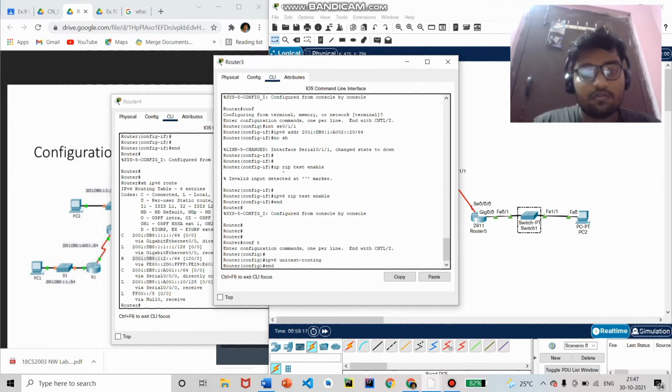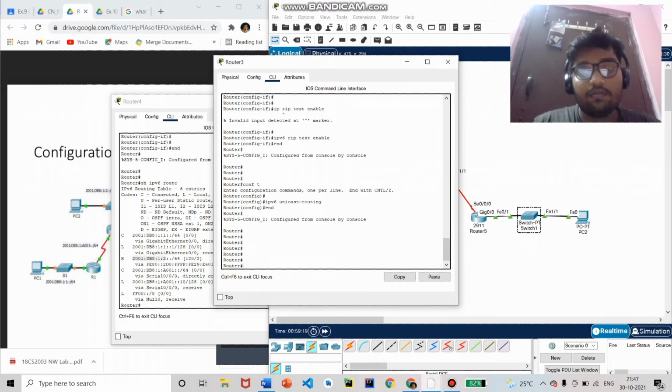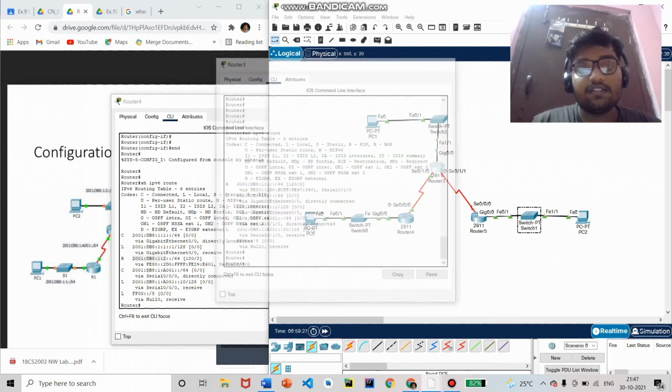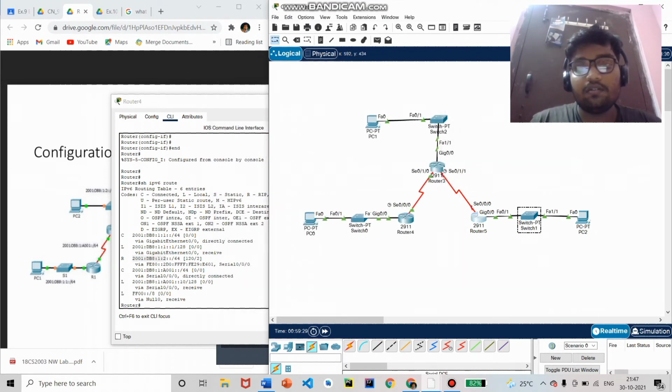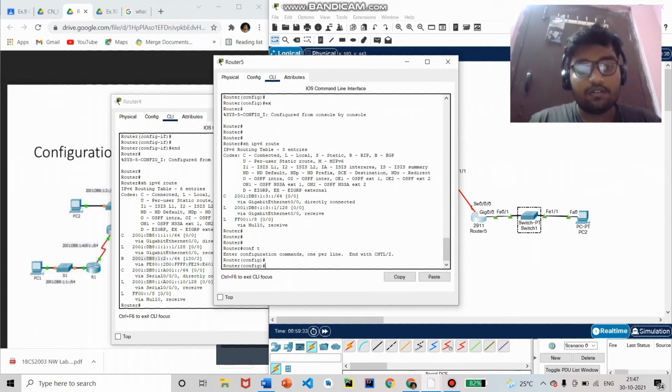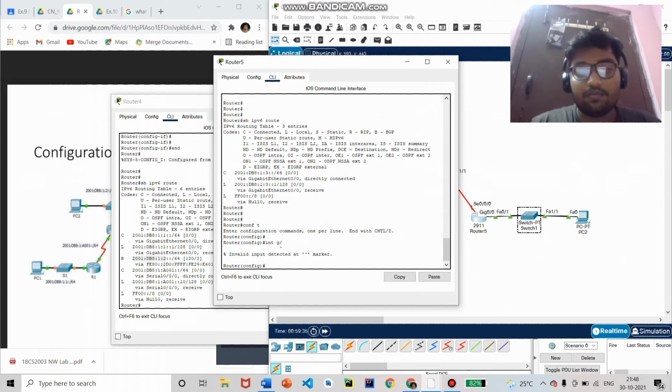That's it. And now let me check the routing table. This side is enabled, and we'll make this interface accept the RIP updates. So let me do that. Interface gigabit 0/0.